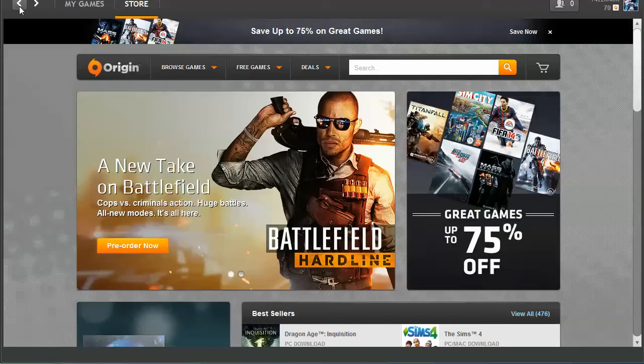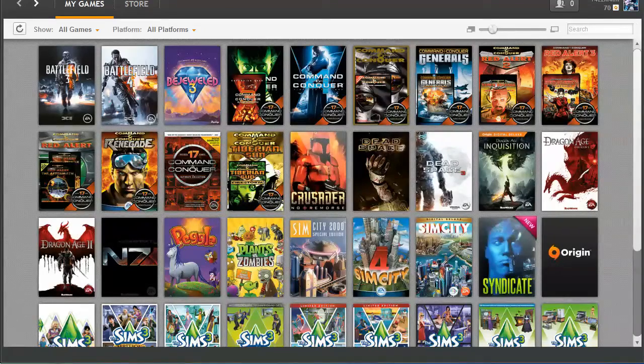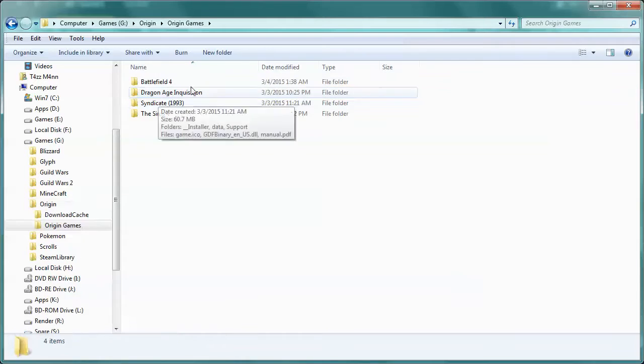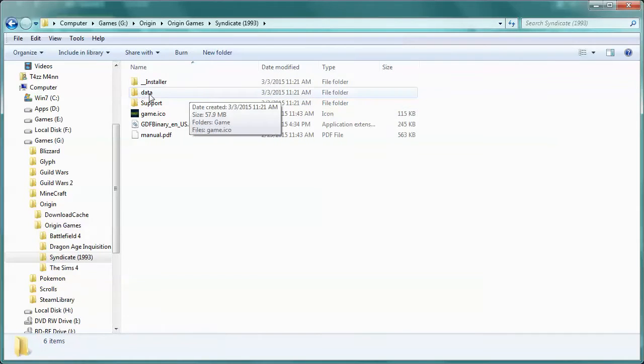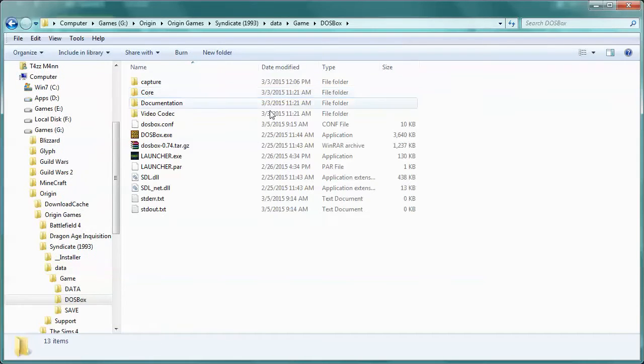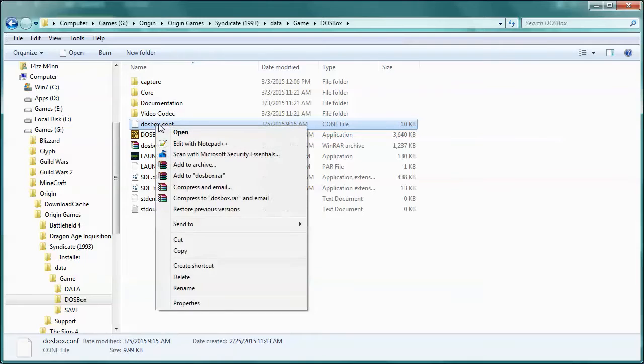Now if we actually go to that location, right here, bing, my G drive, here's Origin, here is Origin Games, and as you can see, all my different games, there's Syndicate. Now if you go into the data folder, and then the game folder, and then the DOSBox folder, you will find this little file right here called DOSBox.conf. And if you right click, edit it, or I think you have to double click it, or right click and click edit, or if you have something like Notepad++,